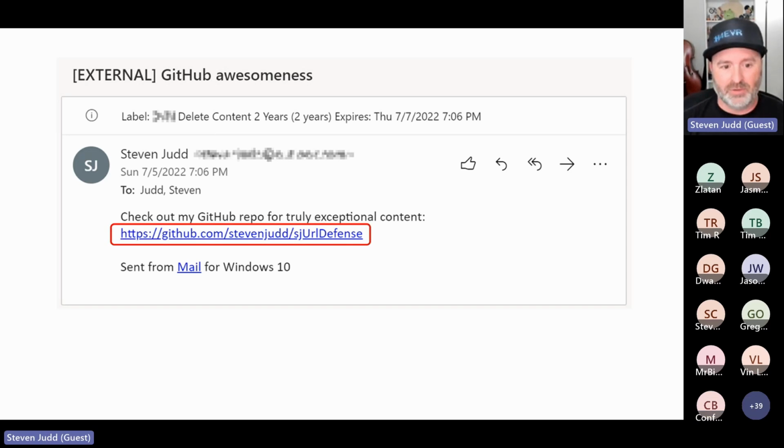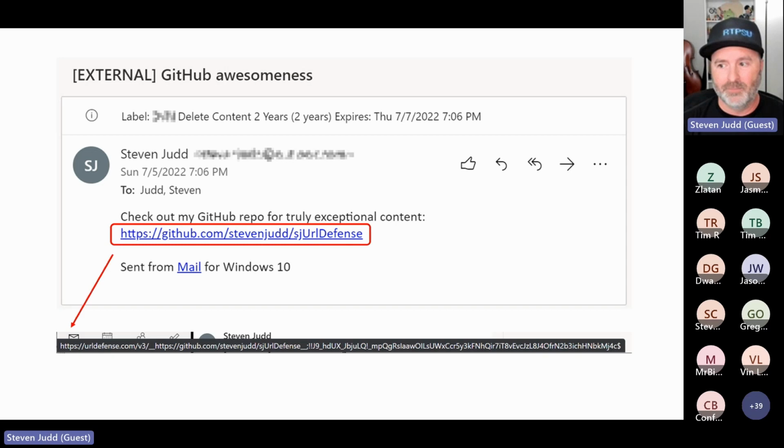However, if you hover your mouse over that URL that I have now highlighted in red, this is what you get, and so you actually see the URL. Now, how many of the standard users do you think are hovering over all the URLs before they click on them? Yeah, no, they're not. And some of the URLs get super long and no one reads that stuff anyway. But that's the whole point here.